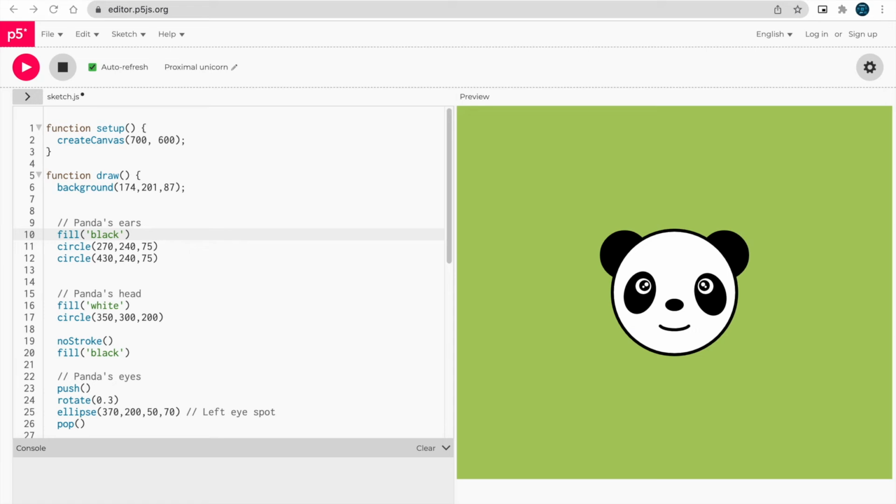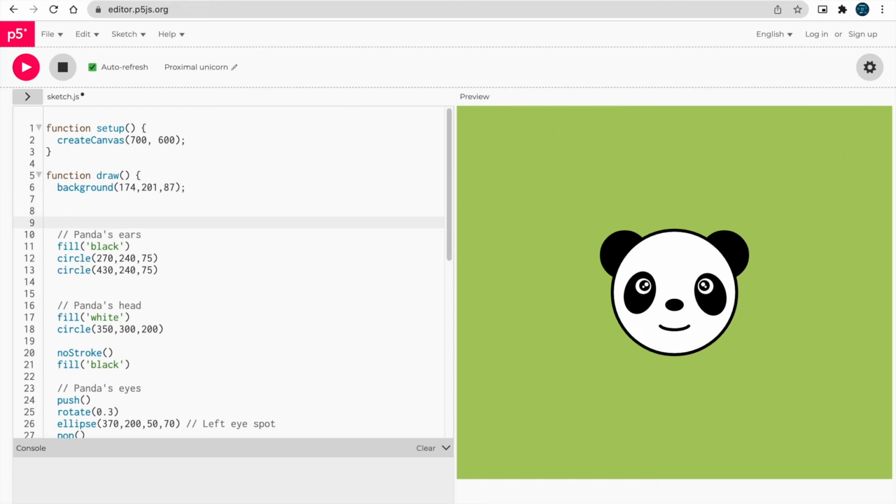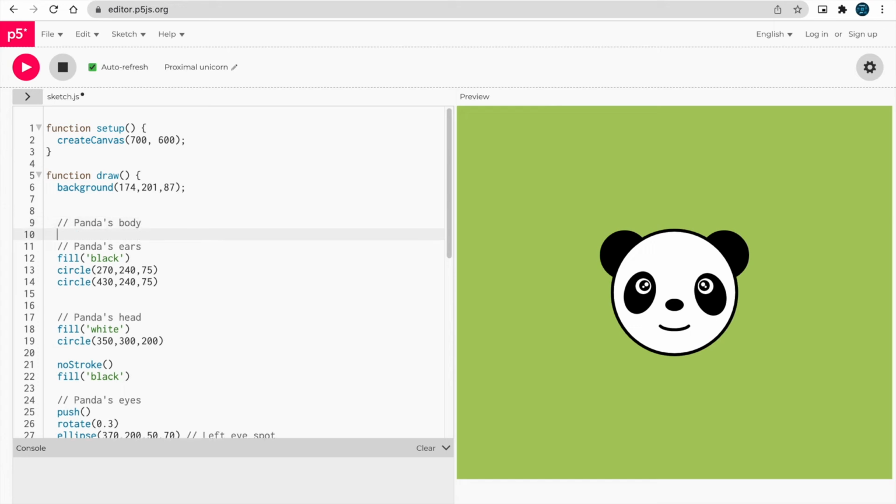Now we can start to paint the body of the panda, and the body will be painted on the top again, so it will be in the background. Let's add our comment again. Panda's body.